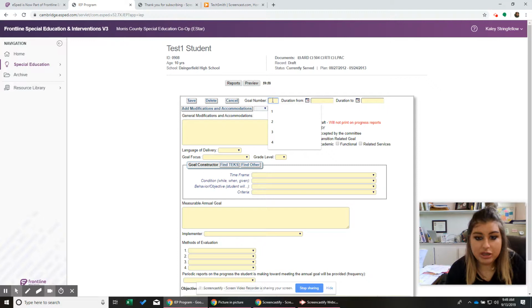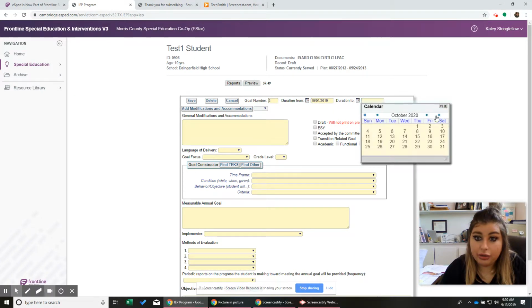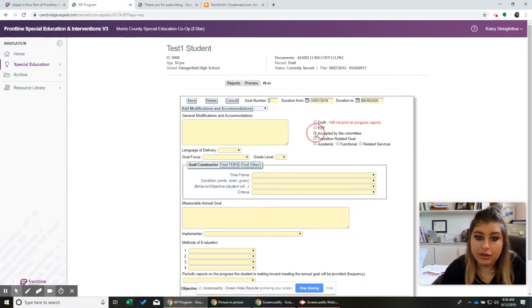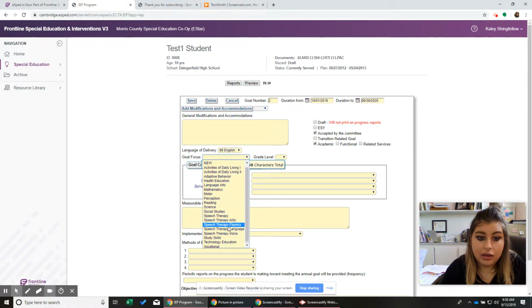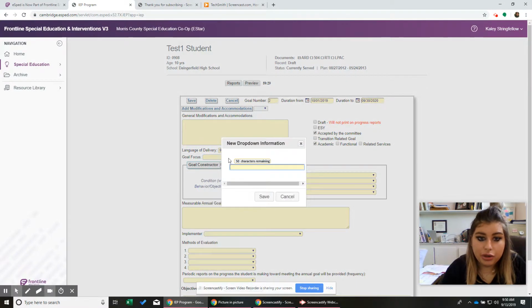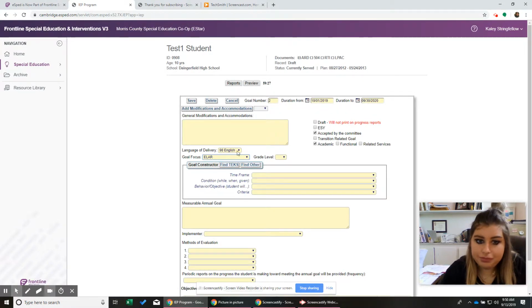Okay, so we know reading, and then the other area was writing. And remember, they said grammar and spelling was that weakness, that they improved that. So we're going to do the same thing. The ARD is on 10-1, and we're going to go a year out. So 2020 back to September 30th. Academic, for English, and we're doing writing. So it may not even be on there. But if you want to just do English language arts, or for both of them, you can put ELAR because that covers both. They're in 10th grade.